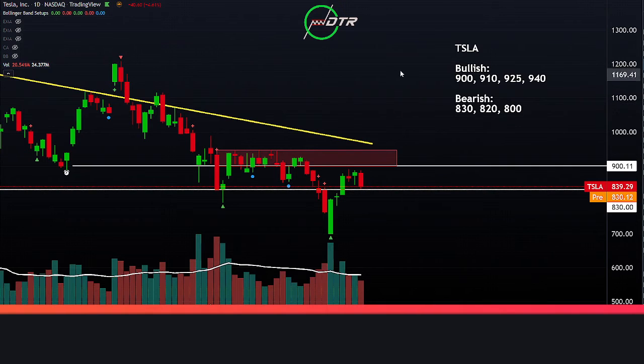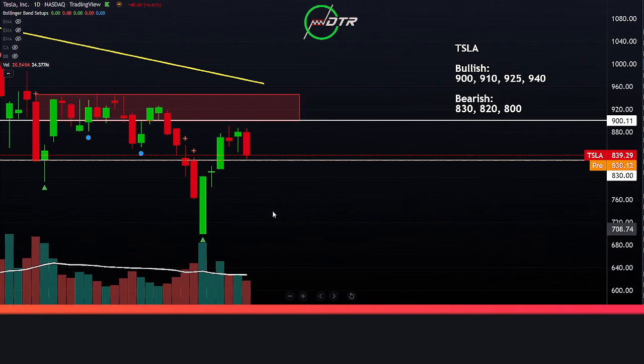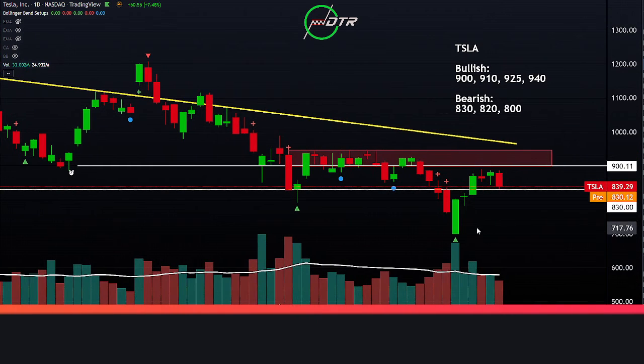Tesla now gapping down towards that 830 area here pre-market, and that seems to be the logical next entry target. If this thing breaks down, we have a lot of pressure from these 900 blocks. Failed breakout, unable to sustain that move. Now getting that follow through here potentially to the downside. Again, though, yesterday, decreasing daily volume, not exactly high conviction. So need to see that momentum, need to see that strength step in and really push this thing down. If it breaks, we're going to move $10 at a time towards that 800 barrier, and that could come very